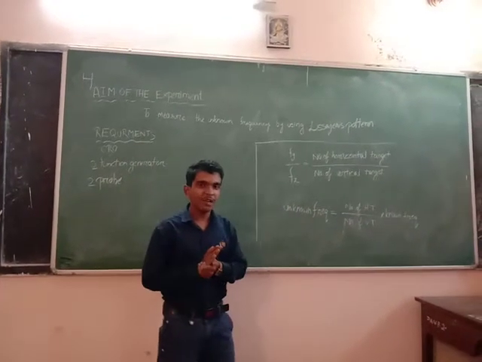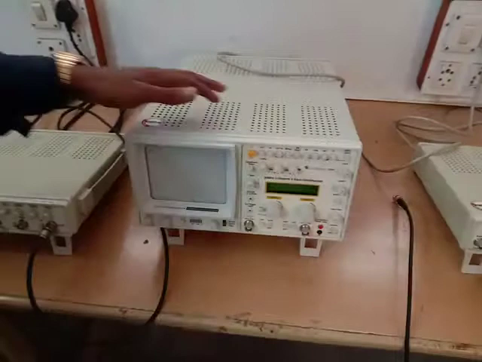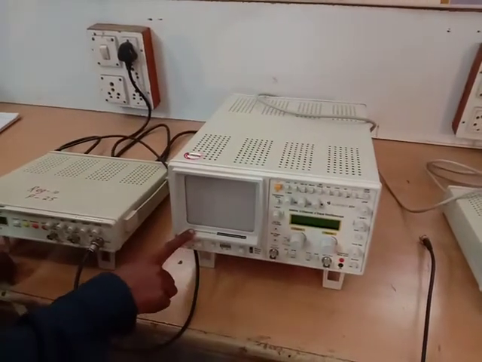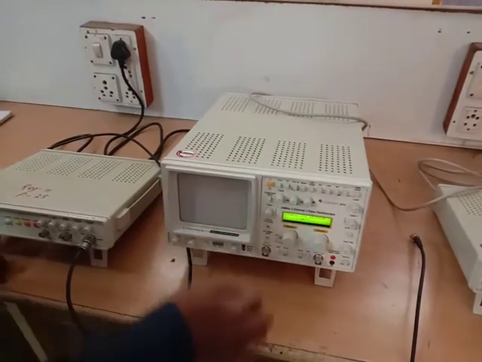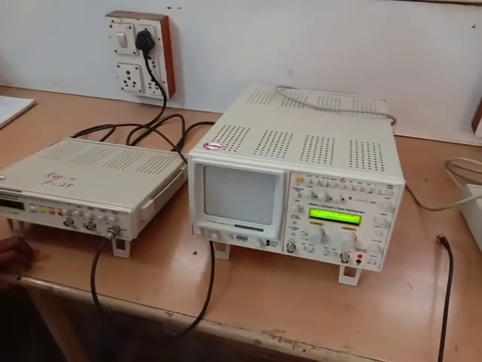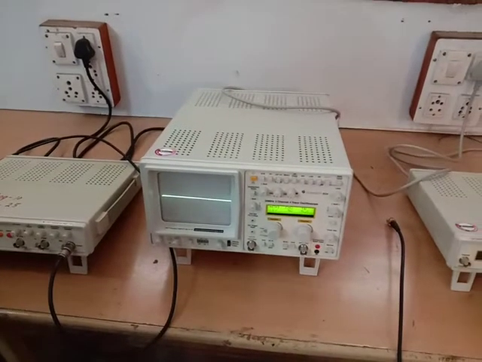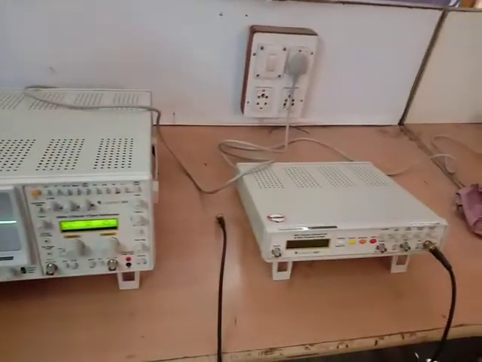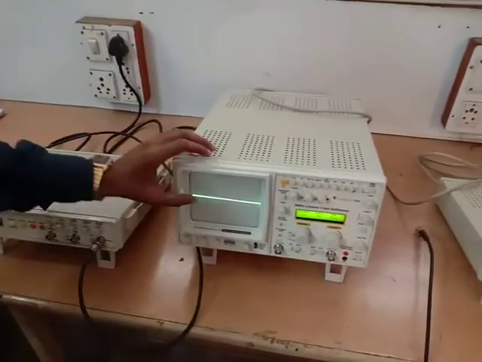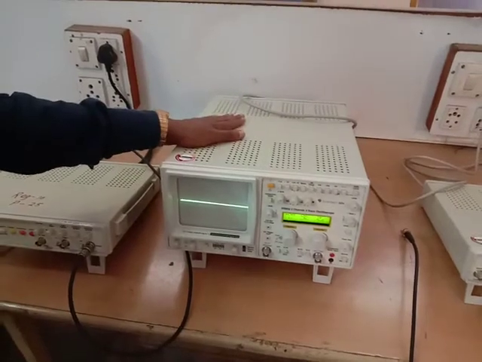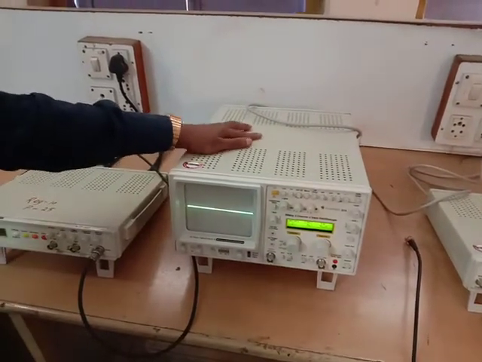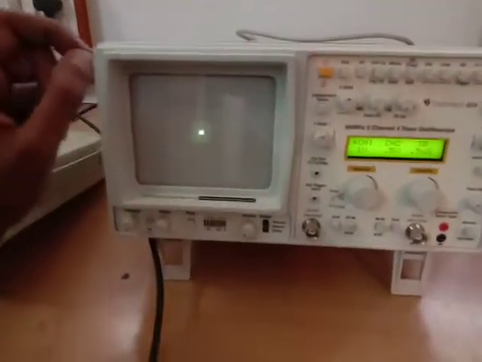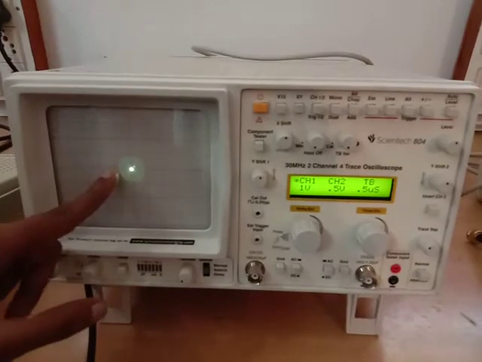Let's go. We start our experiment by using CRO. We supply the CRO. This stands for cathode ray oscilloscope. So power on by this switch. Look at both sides. We do not apply any sinusoidal signal at the input. This is created by the internal electron beam. So we press the XY mode. Now this electron beam is converted into a small point. So we arrange this by X mode